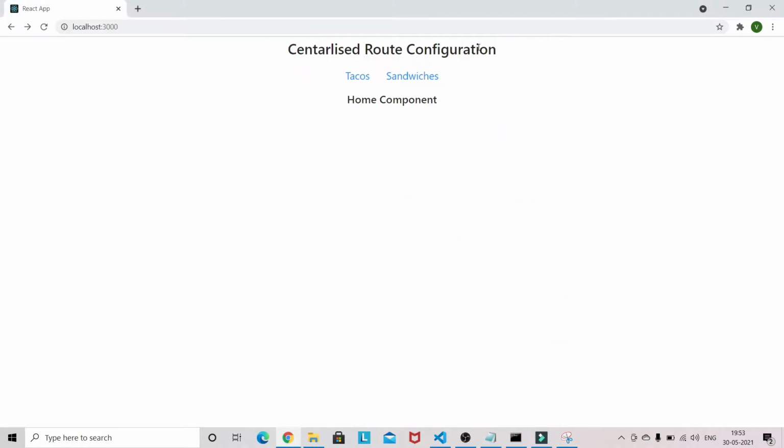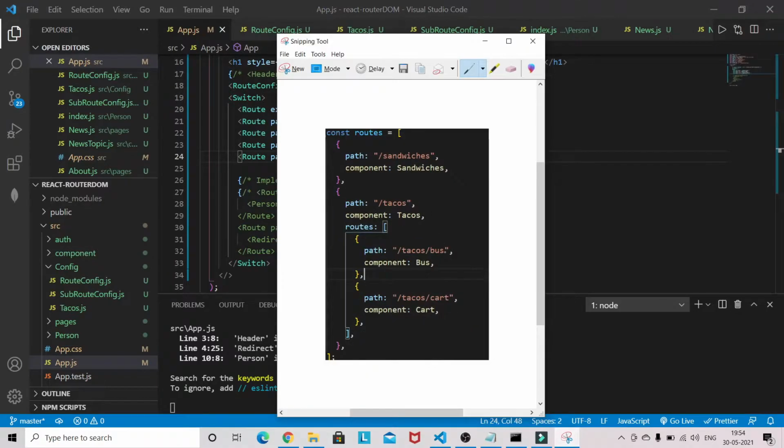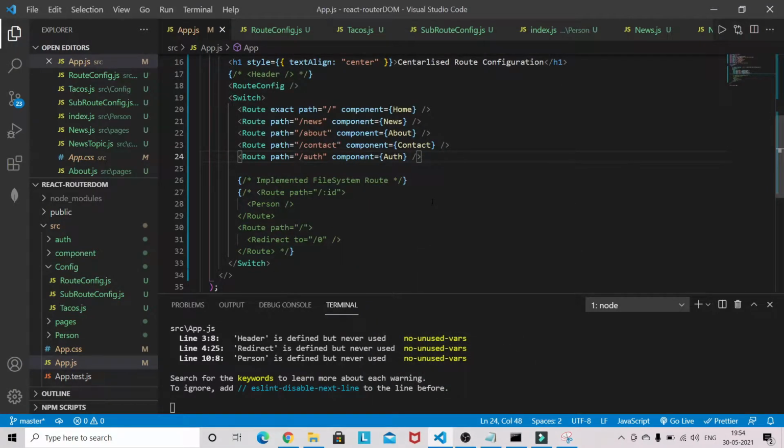Normally we do our route registration this way, but sometimes you might find your configuration this way, and this is called centralized route configuration. So let's see how we can implement this centralized route configuration in our application.